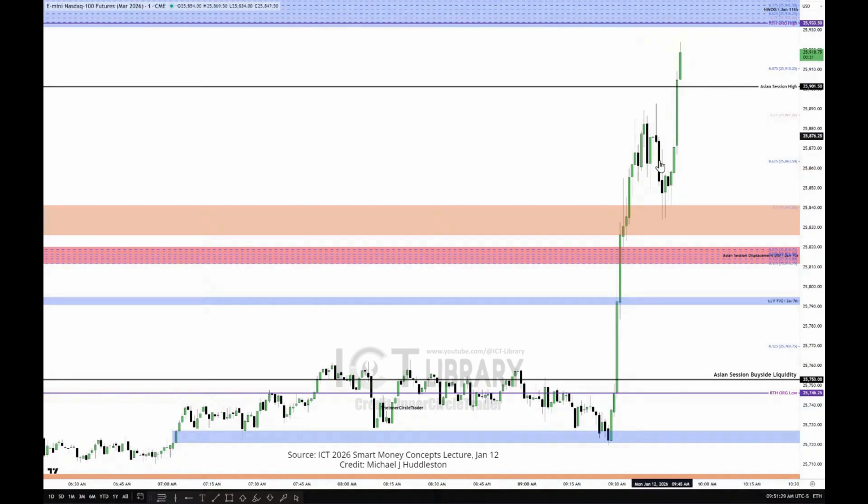So again, here's where, if you have any position still open, you would want to take something off, because we have done a run on Asian session high. So overnight highs have been cleared out. That liquidity has been purged. We went to another eighth of the range, not a quarter. Okay, so it's an eighth, and it's got close to new week opening gap low and regular trading hours high, which is Friday's regular trading hour settlement price.